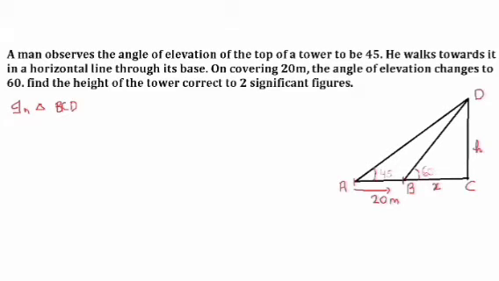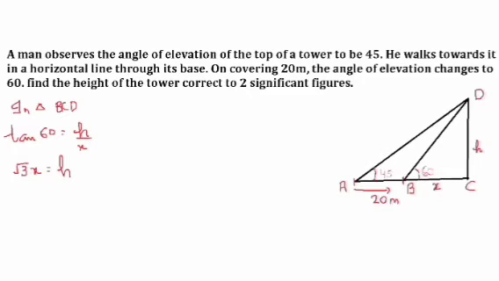Now for the relationship between x and h, we have the angle given, so from here I can take tan theta. Tan theta is the relationship between perpendicular and base, so tan 60 will be h upon x, perpendicular upon base, or we can write root 3, since tan 60 is root 3. Multiplying x on this side, h equals x root 3.